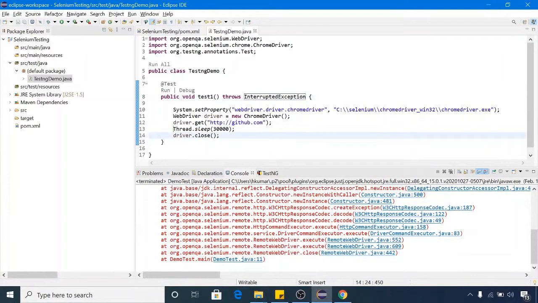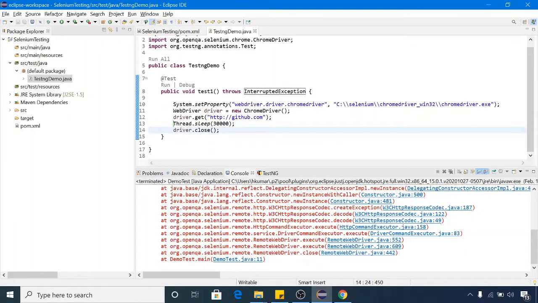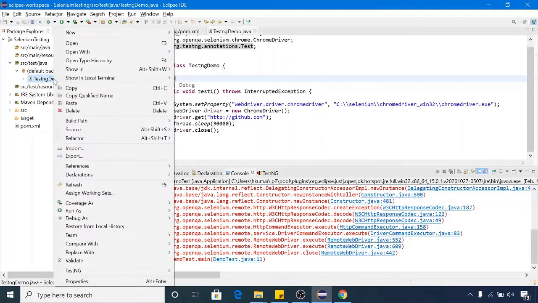Okay, so we are done with the script. Now we are using TestNG. Okay, @Test. Previously, if you remember, we used this command. Now to run this scenario, we have to right click on this file. Previously, when we executed the script, we just used Run as Java file. Now we are getting the TestNG Test option. Click this option, TestNG Test. It will execute the scenario.